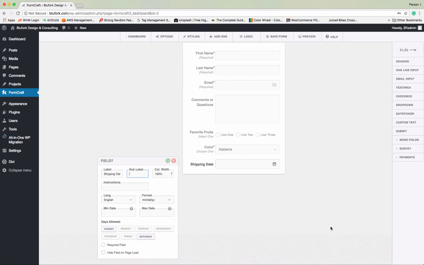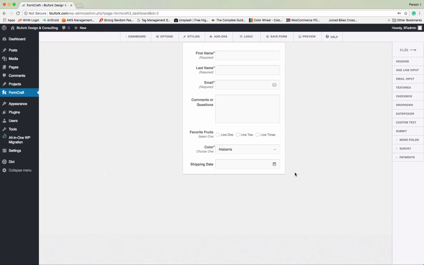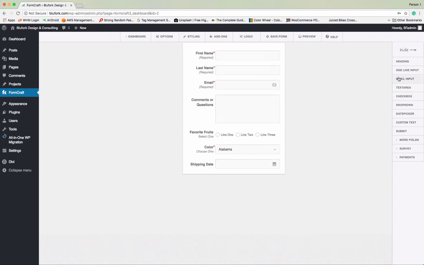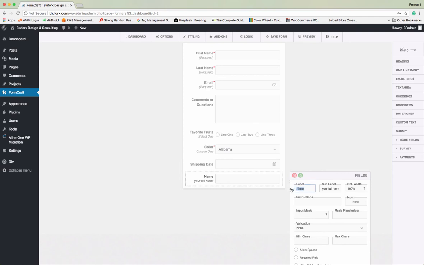Okay, so everything you'll notice is 100% width as far as each field. If you wanted to have two fields side by side, like state and zip, I'll show you how to do that. So let's say you want to have state, or let's take that out. I didn't mean to put that in. So right here's a trash can. I can get rid of that. I'm going to have one line input. It's going to be state,